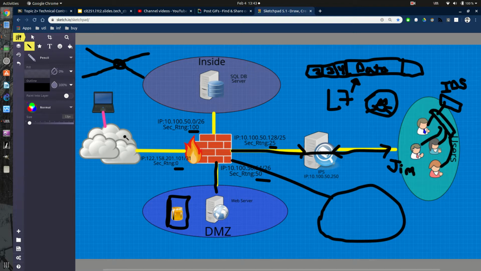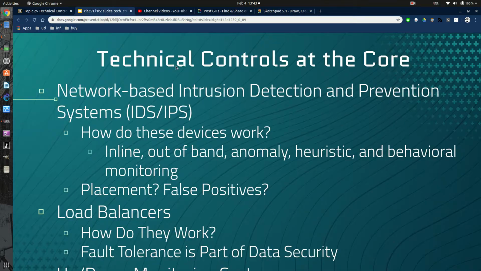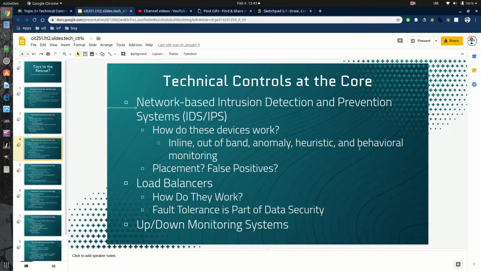You can dial this up and get a lot more false positives and a lot fewer false negatives, right? But then you're going to eat up a lot more of your time. Okay, so there are also different ways you can scan. Again, it's looking for an anomaly, but it can do behavioral monitoring, which essentially means,